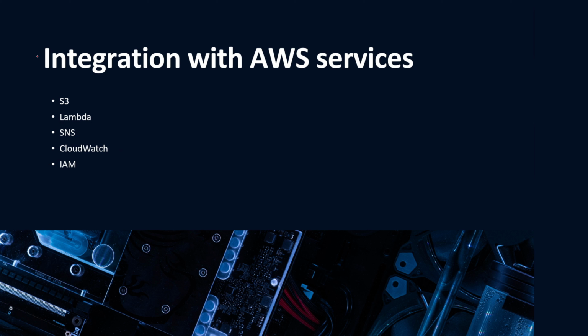And finally, we're going to be taking a look into the integration with AWS services. AWS Fraud Detector can be implemented with various different services, like Amazon S3. It can be integrated with Lambda. You can have SNS. Why would you have SNS? In case you want to send out an alert, an email, a notification, an SMS, something to your employees, that, hey, we found out a fraudulent activity. You can implement it with CloudWatch, and also you can implement it with IAM for better access control. So now let's dive right into the AWS console, so I can show you guys a demo related to AWS